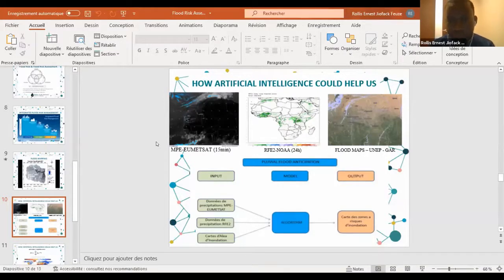So how will the algorithm run? We will use the RFA data for the last past days. We use those data to assess the